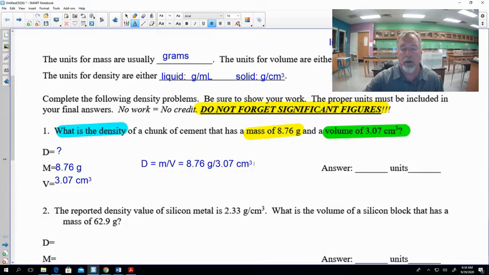And what's our calculator going to give us here? Our calculator is going to tell us that this is equal to 2.8534. We're only allowed how many sig figs here? We've got 3 in the mass. We've got 3 in our volume as well. So we're only allowed to have 3 sig figs in our answer. So here's our 3 sig figs, the 2, 8, and the 5. What's that 3 tell you to do? It tells you to round down, so we're going to leave that 2.85 alone. So our answer